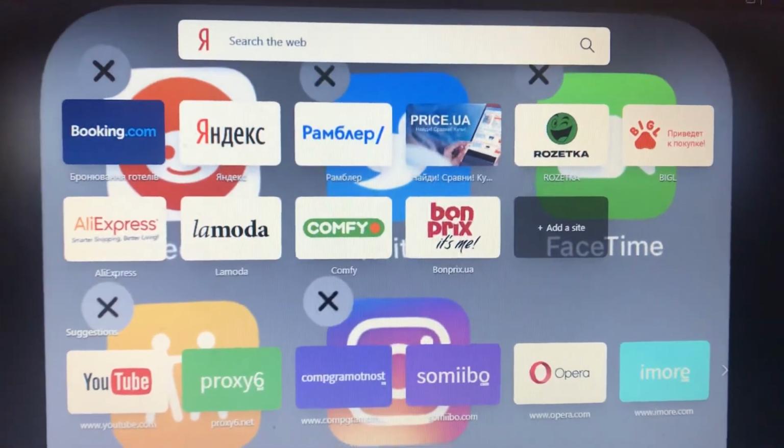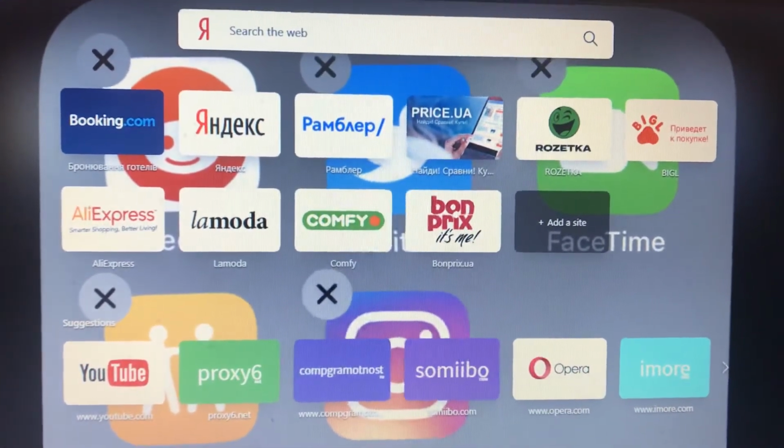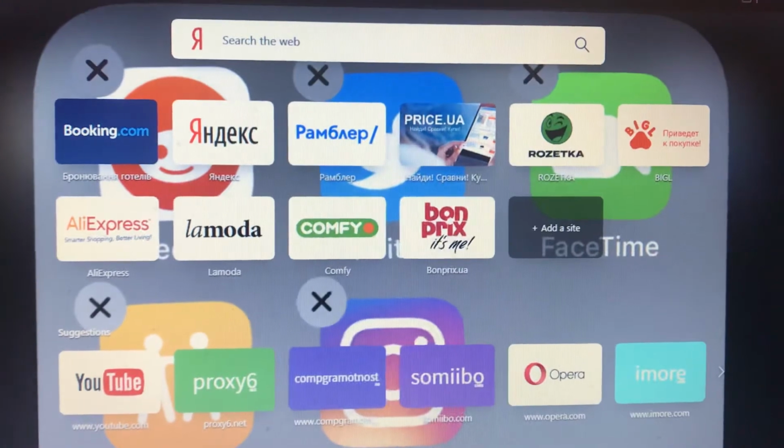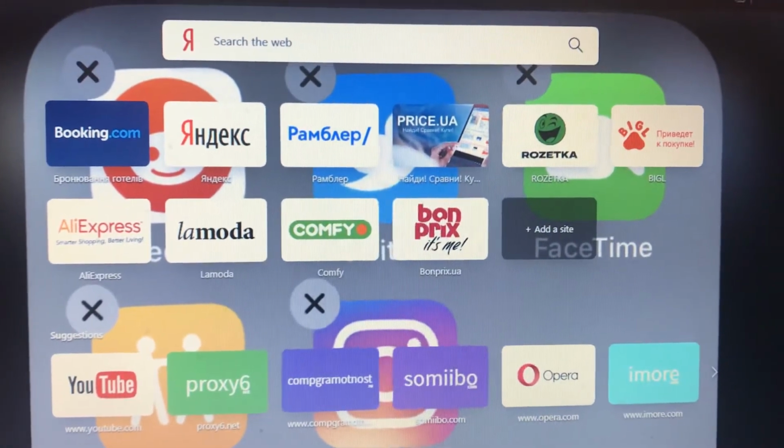Hello dear subscribers, today I will show you how you can easily change paths where you want to save your